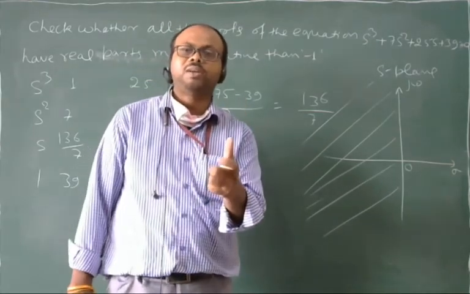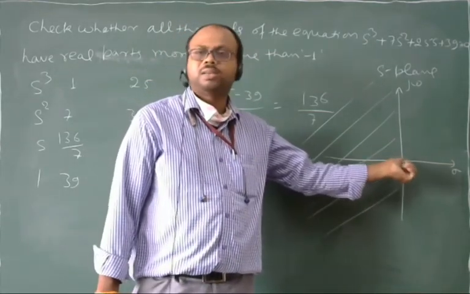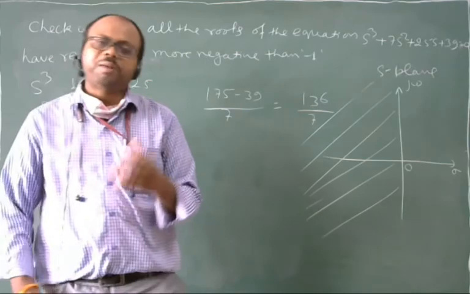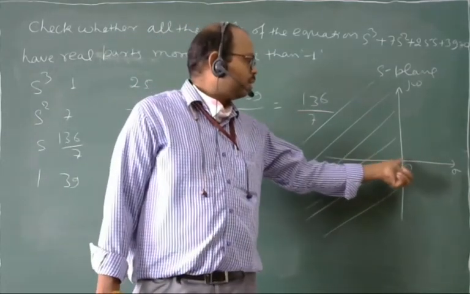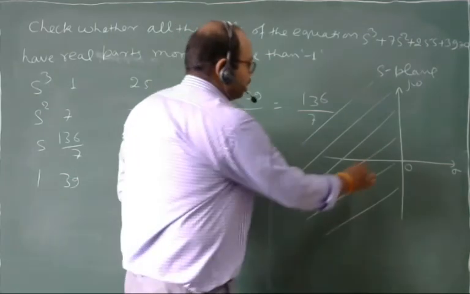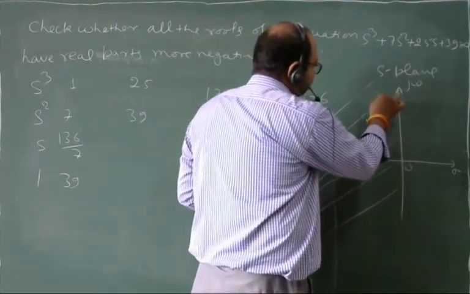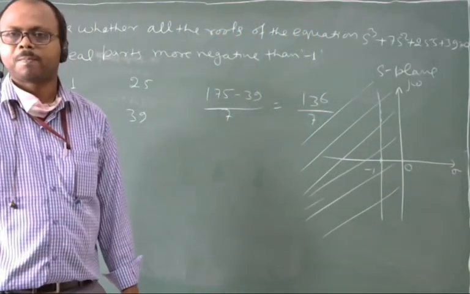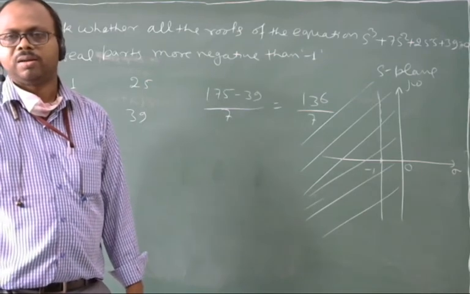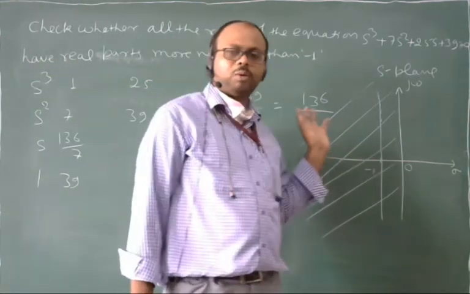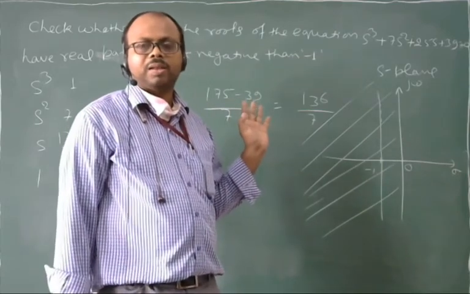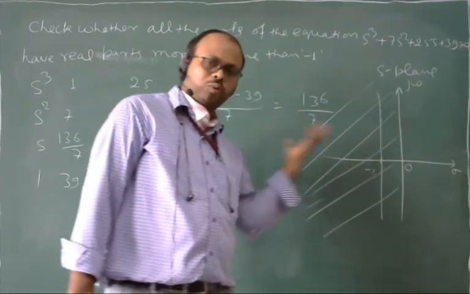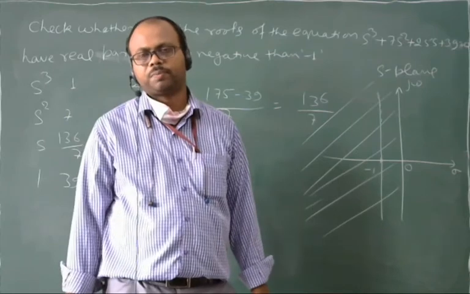Since our center, where is our center? Our origin is at 0. Our center is at 0. If I can make my center from 0 to -1, and if I can make an axis at -1, then we can say from Routh-Hurwitz criteria that some of the roots are beyond the -1 and some of the roots are left of the -1, right?